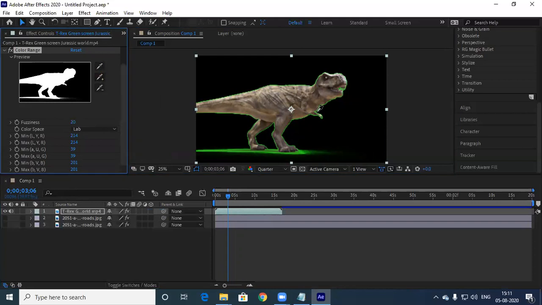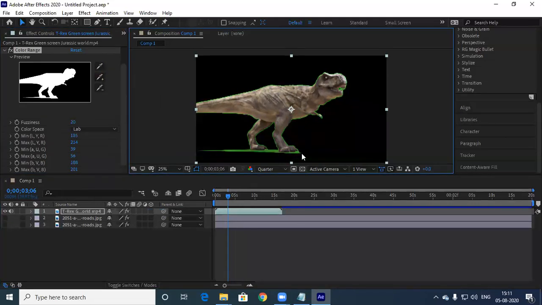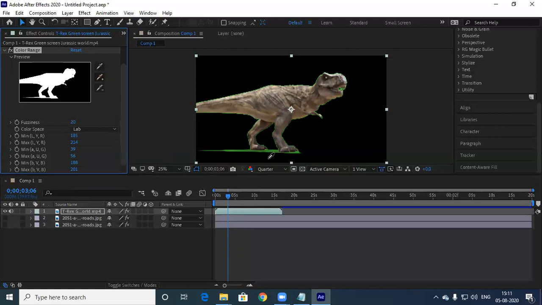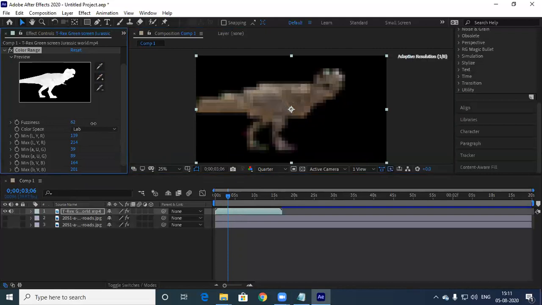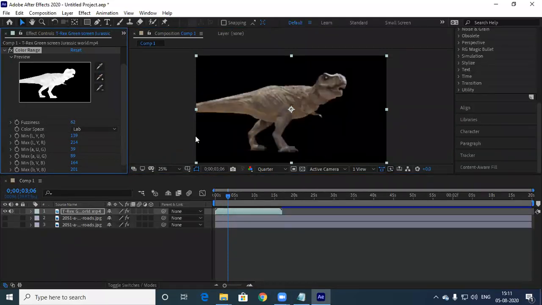Plus minus you can add green, it will remove. Even you can add this particular color, it will remove. Means percentage, how much percentage you want to add or remove. That's fuzziness, under color range you can do that.